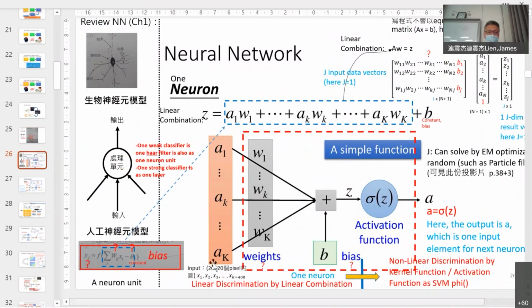We already talked about each neuron, right? Each neuron is this function, Wx plus b of theta. The same as the linear equation, linear combination, Wx plus b. B is bias. But we need to have an activation function, F. It's the linear discrimination, the same as the support vector machine's kernel function.